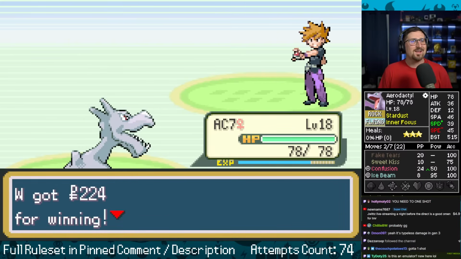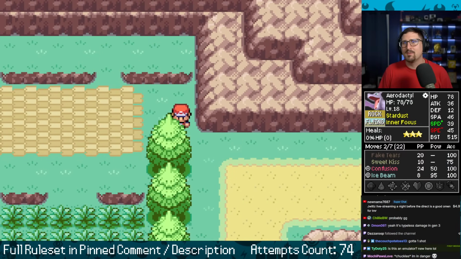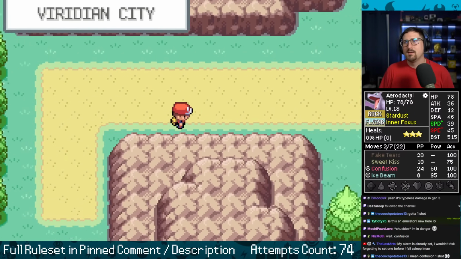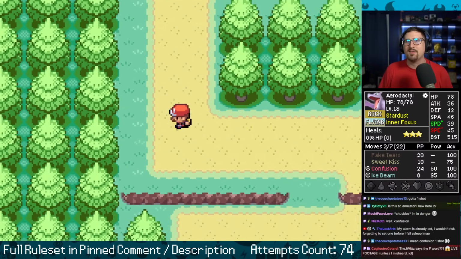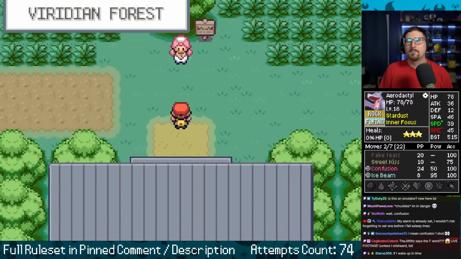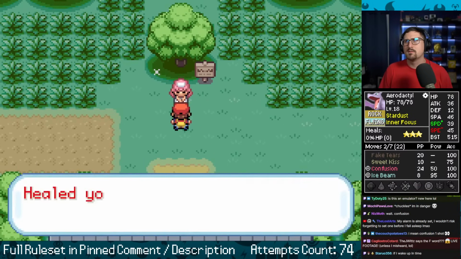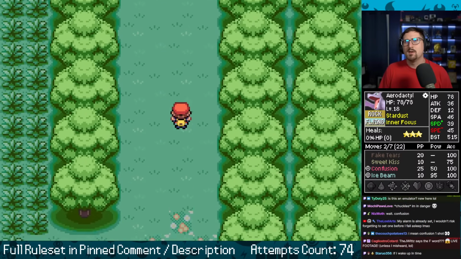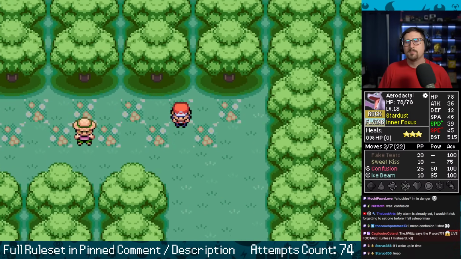Woo! Level 18 feels low. I don't know if my growth rate's really bad or I just got low experienced trainers. We'll just see how it goes. But we get to walk into Brock's gym and I could not be happier. Even if Brock kicks my ass, which he does almost always because he has 5 Pokemon in this ROM hack or ROM modification, whatever you want to call it. Oh, should probably heal. I think I don't know. That actually went quite well. The confusion paid off, see? It has some uses.